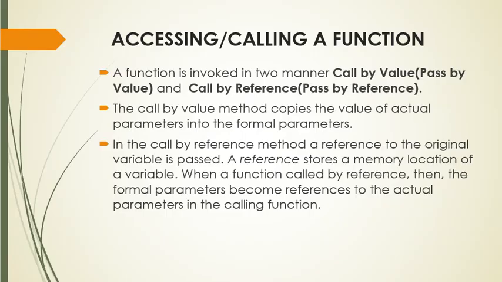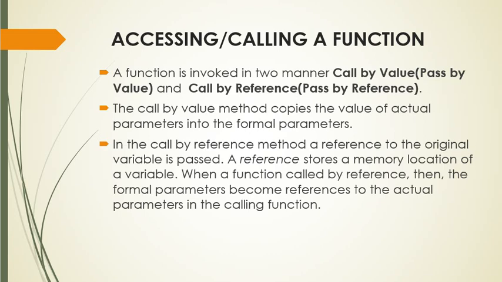So in the call by value method, the called function creates a new set of variables and copies the values of the arguments into them. The function does not have access to the original values, meaning the actual parameters, and can only work on the copies of the values it created. Passing the arguments by value is useful when the original values are not to be modified. In fact, the call by value method offers insurance that the function cannot harm the original value.